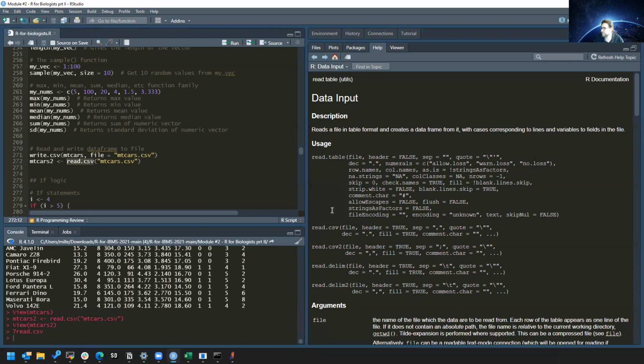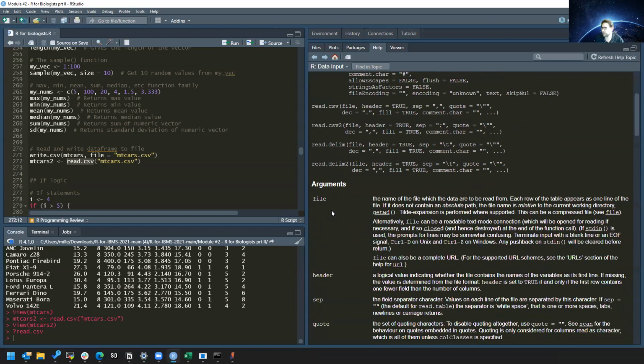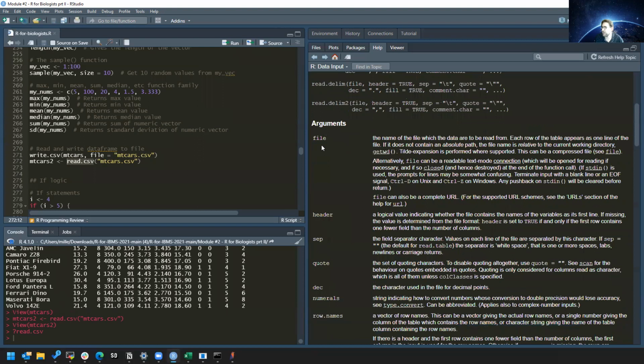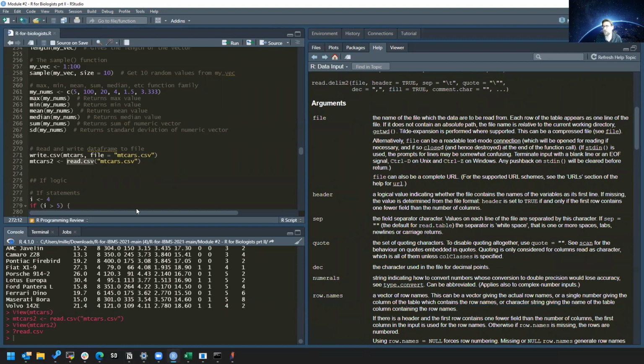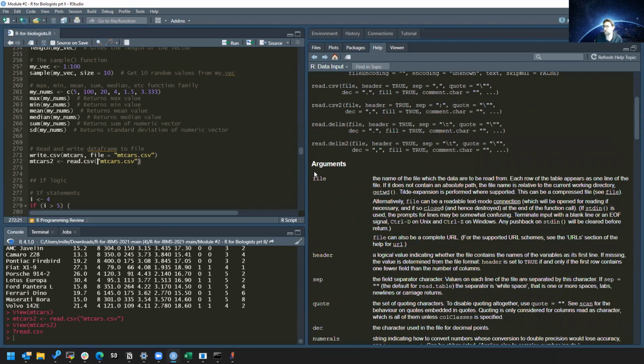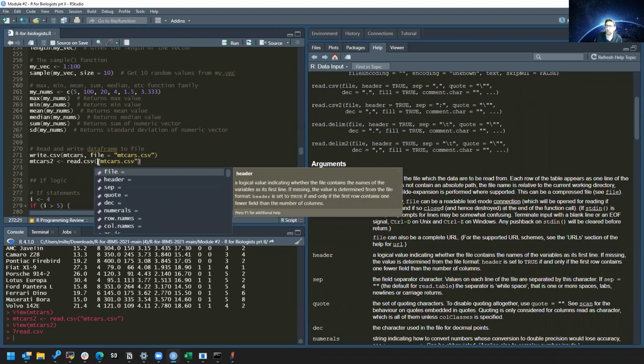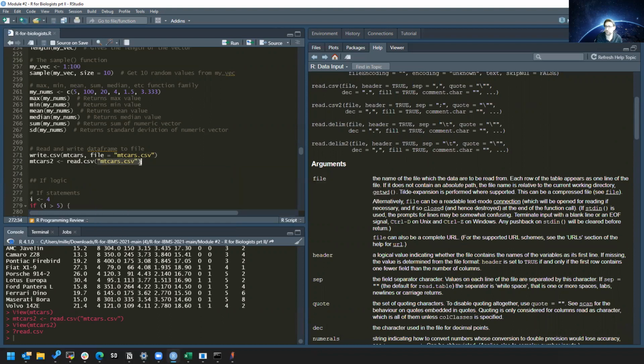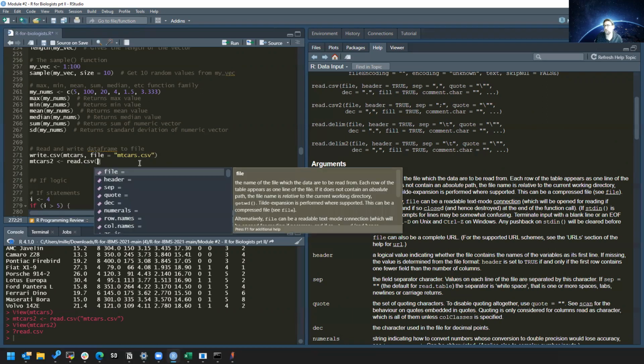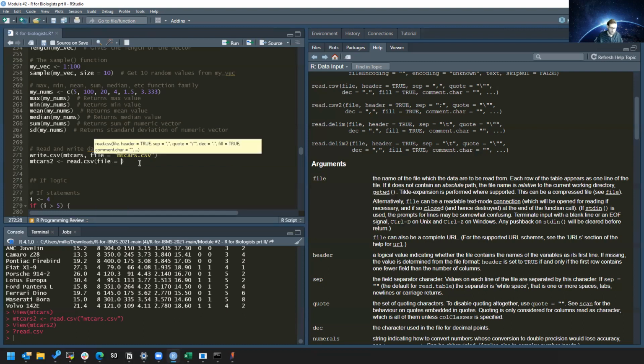Now, we come down here to the arguments that go into this function, and we can see there's quite a few. So far, we've actually only been using the file argument. How do I know? Well, if you open up the function and you hit tab, you can see the very first argument is file. And so if I say file